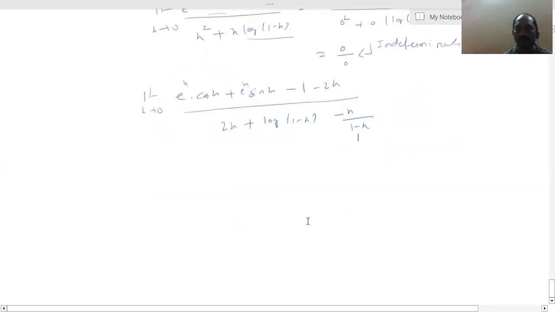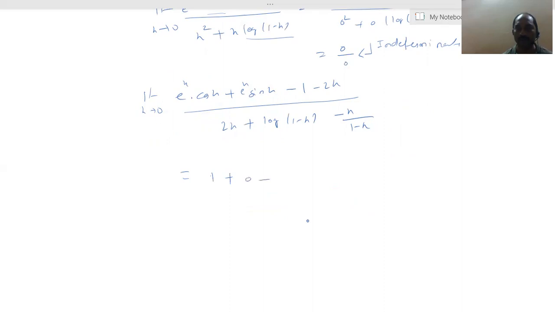now substitute the x value once again. We get e power 0 cos 0, first term 1, this e power 0 minus 1, 2 into 0. In the denominator, 2 into 0 log 0, 0 minus 0 by 1 minus 0, 0. Once again it is 0 by 0 form, an indeterminate form. We require one more derivative,